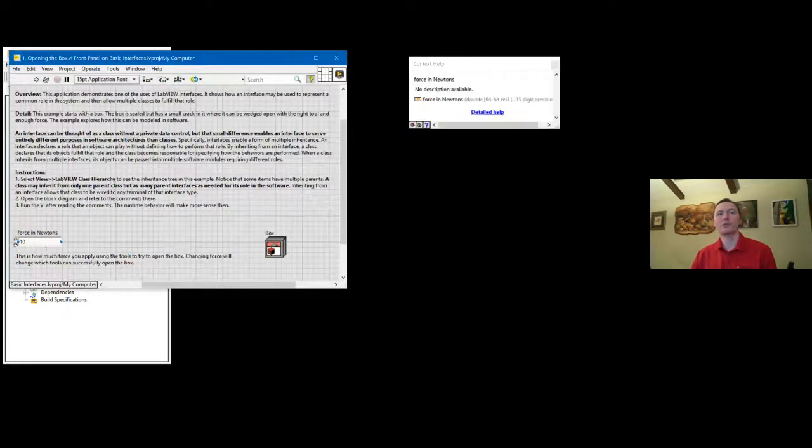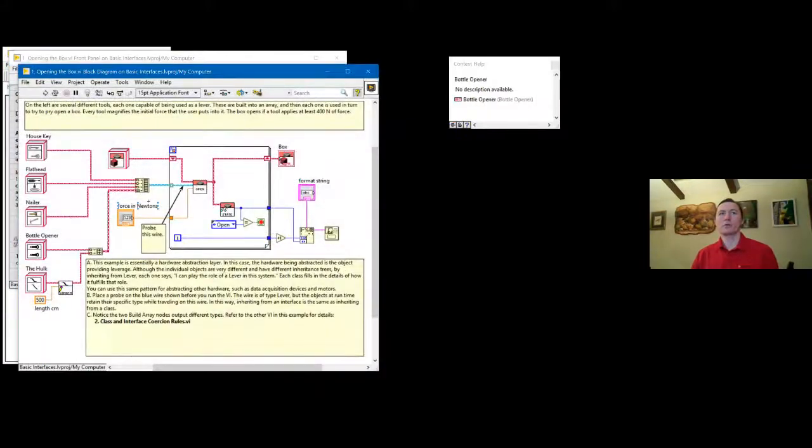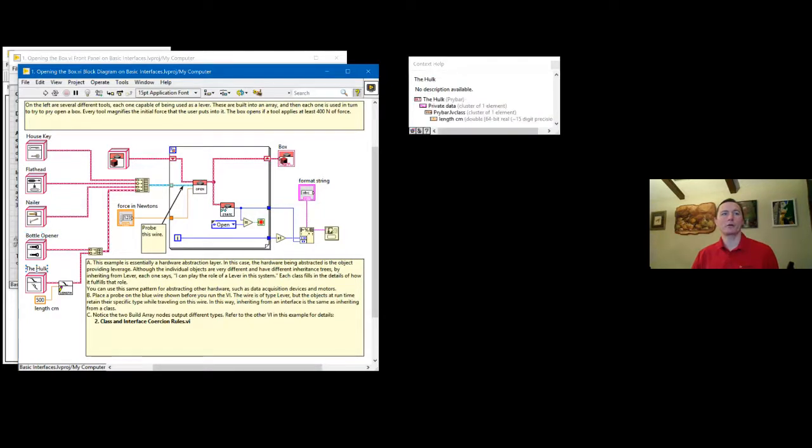I can set my force in newtons. Everybody go, all my American watchers, go study your SI units. We use metric when we're talking science, and that includes the lengths of my pry bars down here. So I have a house key, a flathead screwdriver, my nailer hammer, my bottle opener, and the Hulk. The Hulk is a pry bar, but I've set its length to be 500 centimeters, which is a gigantic pry